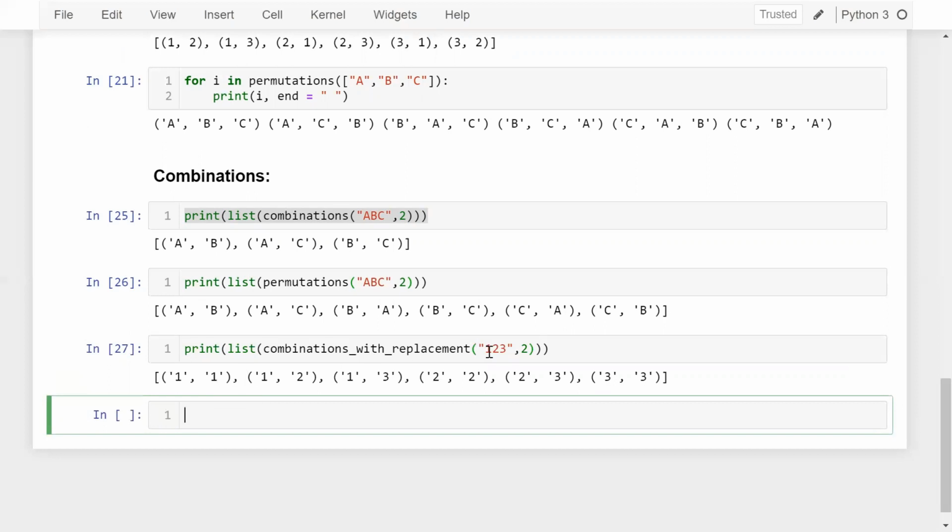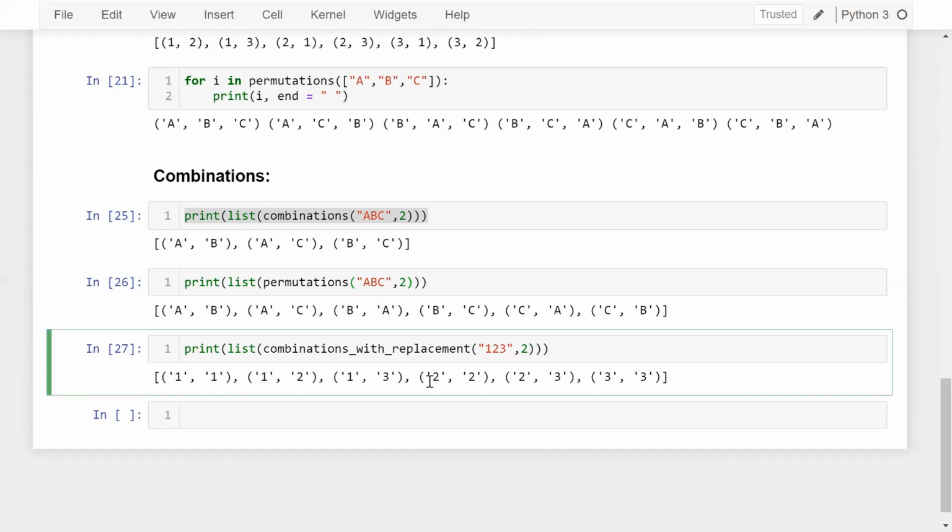First of all, 1 combined with replacement 1, then 1 and 2, then 1 and 3. Now the turn of 2: 2 and 2, then 2 and 3, then 3 and 3. So it will not go to the left side. Here individual elements have successive repeats. You need to remember these things while using combination with replacement.